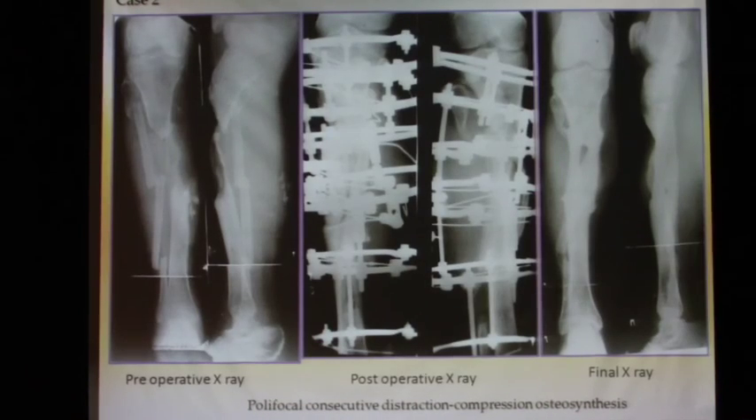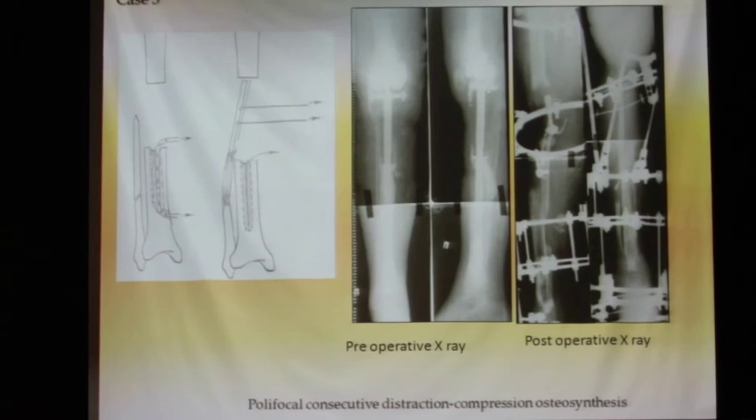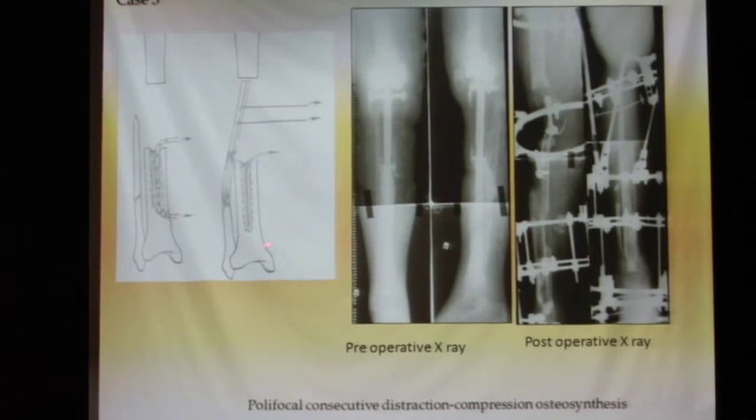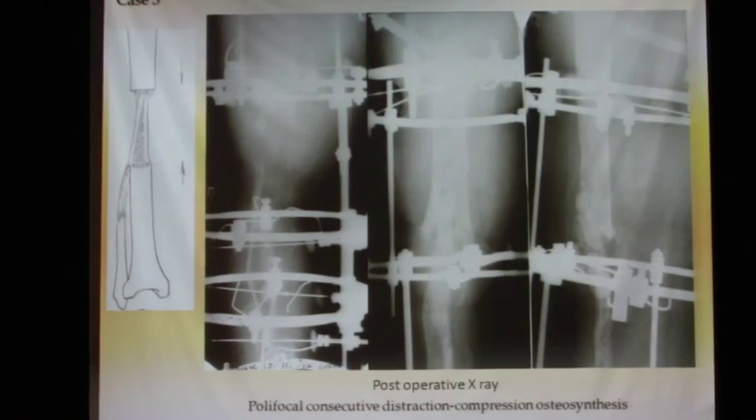Next. So it's another case. Infected. Applied the fibula. Very good union is there. Next. This is another case. It was infected there. Some processes were there. So we have done the fibula transportation there, here, next. This gap was there, we have done the fibula